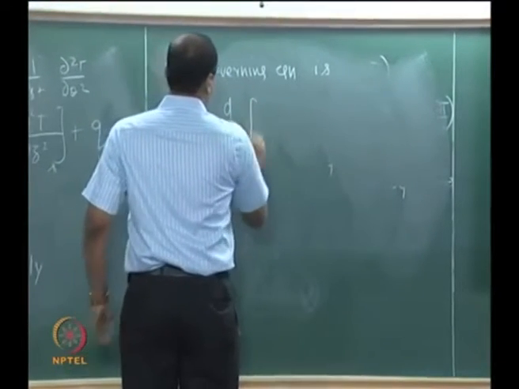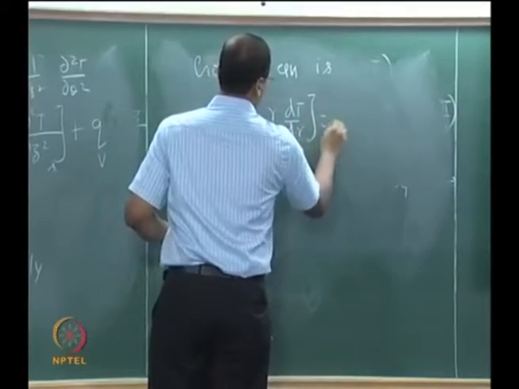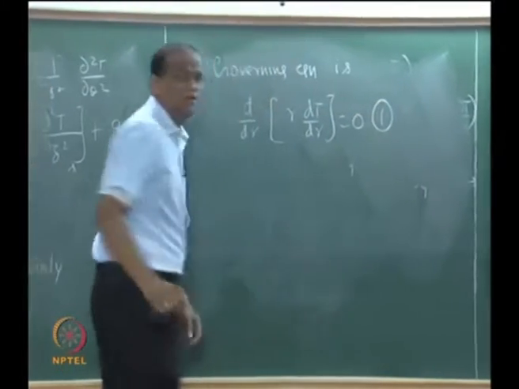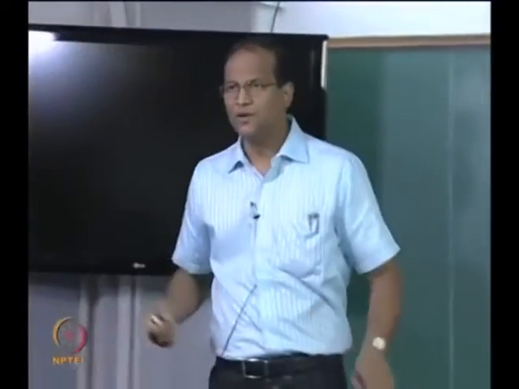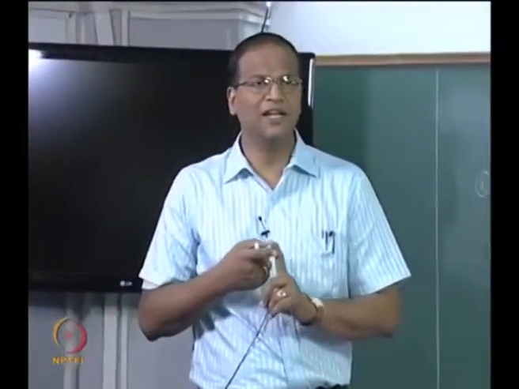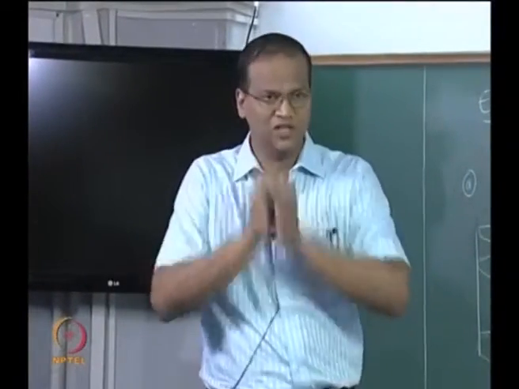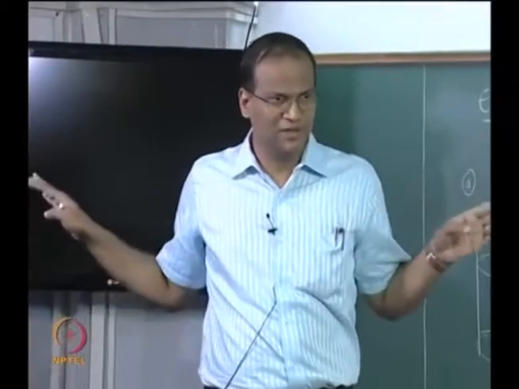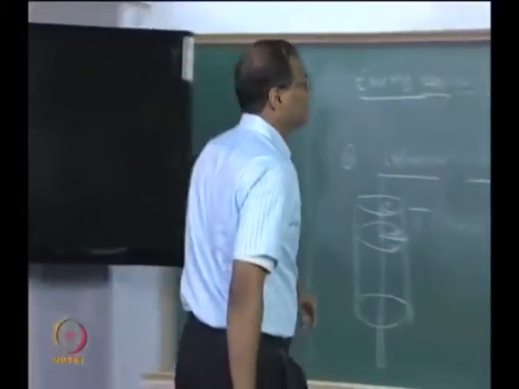I can make it d also, no need for dou. Is everybody through with this? The left side unsteady term is 0, right side d square T by d theta square is 0, d square T by d z square is 0, QV equal to 0. Because everything else is 0, dou by dou r can be changed to d by dr. Now integrating once,